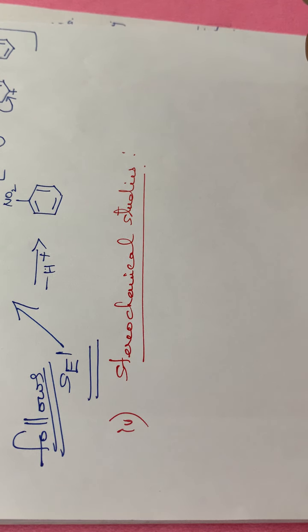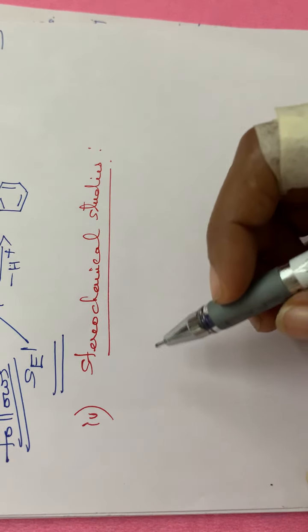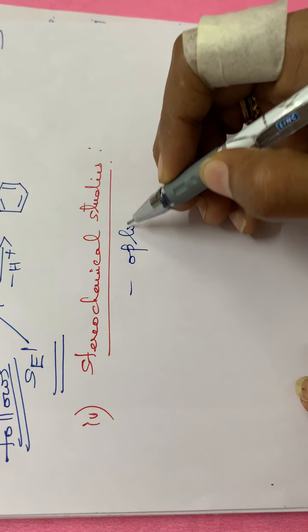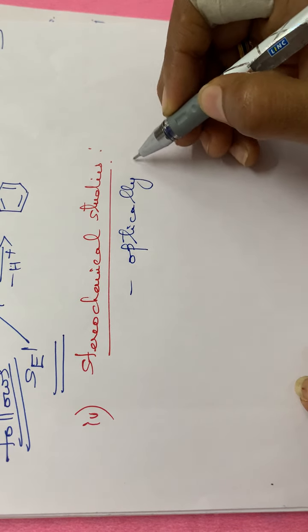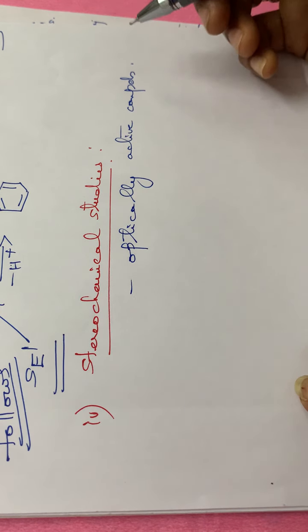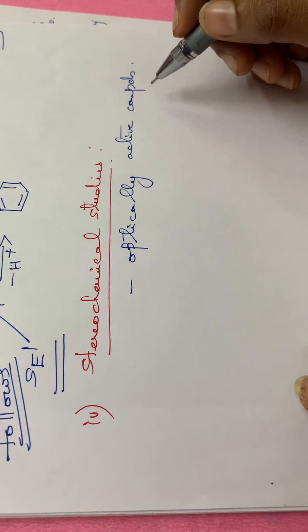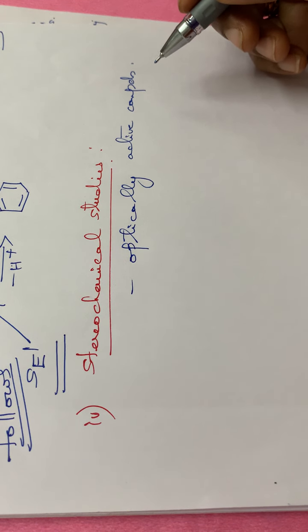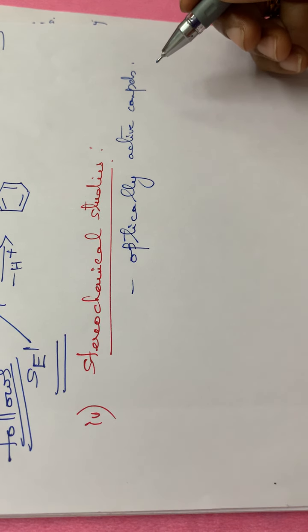See, in the case of stereochemical studies, we have seen already in the case of SN1 and SN2, isn't it? Here in the stereochemical studies, we will be conducting experiments with optically active compounds. If we are using an optically active compound, sometimes, if it is following SN1 or SN2, there will be inversion of configuration, and in another case there will be a mixture of both. That means there will sometimes be inversion plus retention of configuration, isn't it?